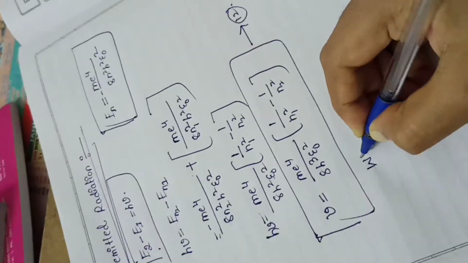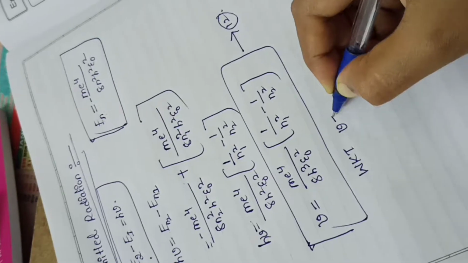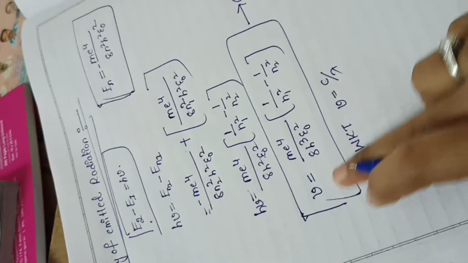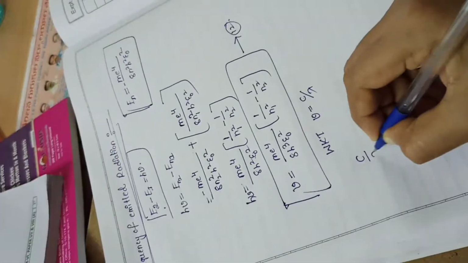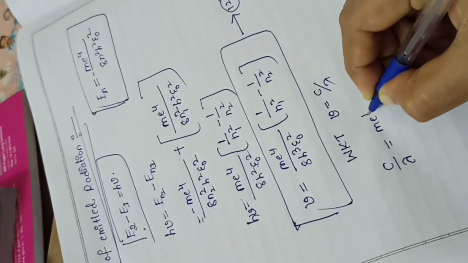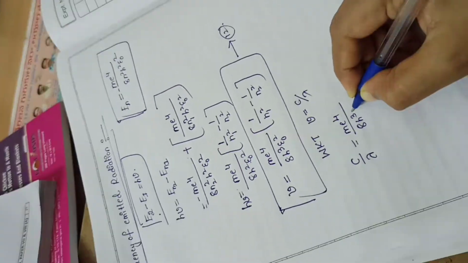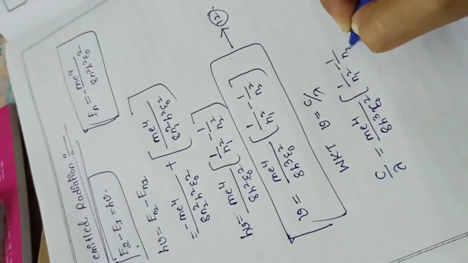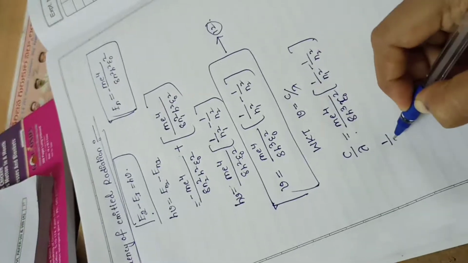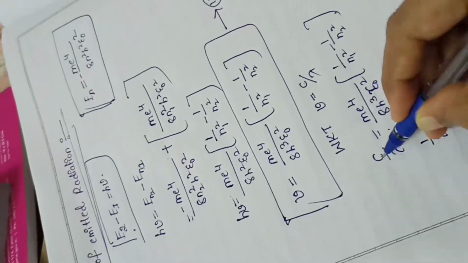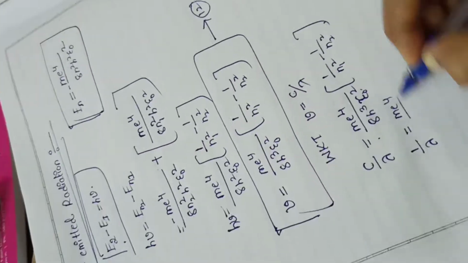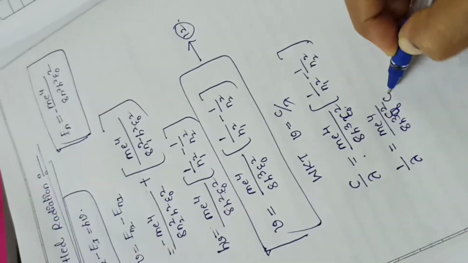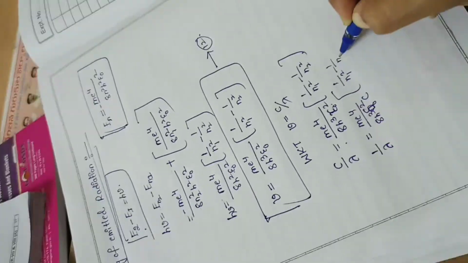Here we know that already the frequency nu is equal to velocity of light by lambda. Nu is equal to c by lambda. So substitute nu is equal to c by lambda here. C by lambda is equal to m e power 4 by 8 h cube epsilon naught square into 1 by n1 square minus 1 by n2 square. Okay. So here I am writing only 1 by lambda. 1 by lambda is equal to, take c to the denominator, m e power 4 by 8 h cube epsilon naught square c into 1 by n1 square minus 1 by n2 square.